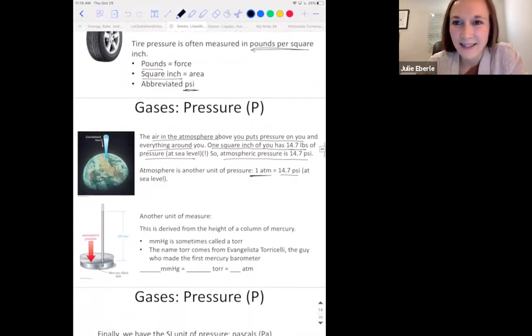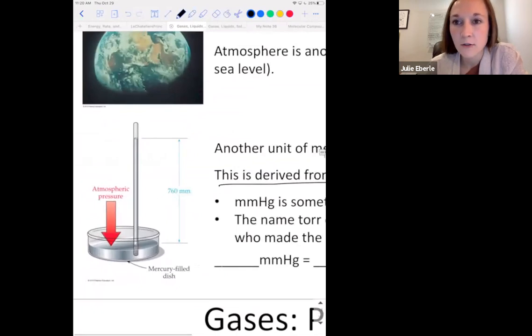This is a more chemistry oriented unit for pressure. And it's derived from this column of mercury. It's a very simple instrument, actually. I'm not even going to call it a machine, just an instrument. You have a dish, a little Petri dish. Anybody use those in high school biology? Some people are like, we didn't do a whole lot in high school biology. But if you did,